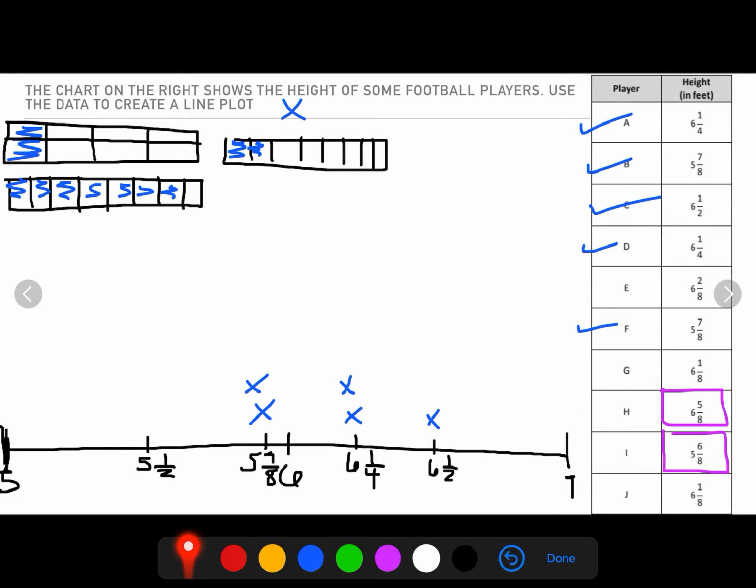That's right, 2/8. So 1/4 is equivalent to 2/8. So player E is 6 1/4 feet tall. Now let's move on to player G. Player G is 6 1/8 feet tall. So that means that player G